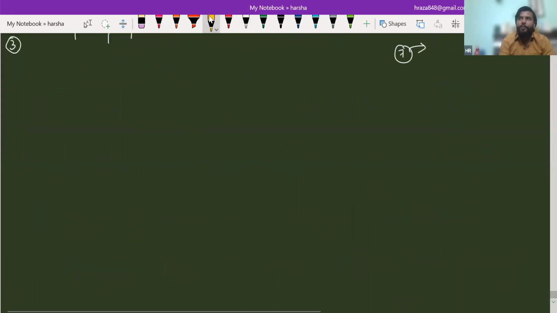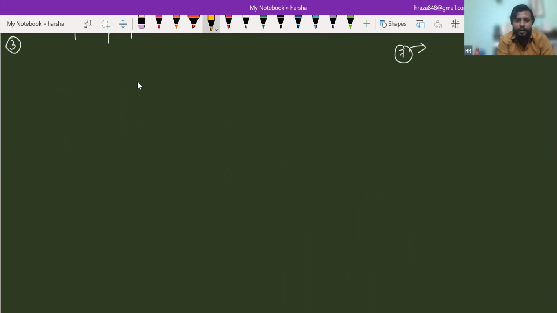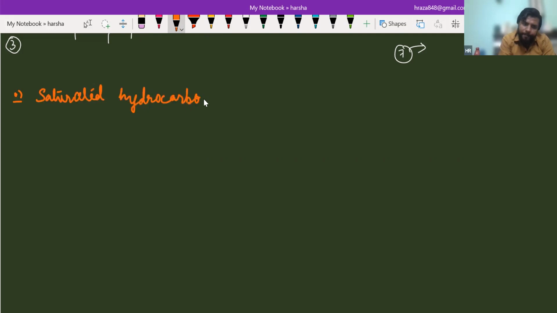As we already learned about saturated and unsaturated hydrocarbon, so we are going to see what it is about. So you can write a point to differentiate between saturated and unsaturated hydrocarbon. So saturated hydrocarbon will generally give clean flame